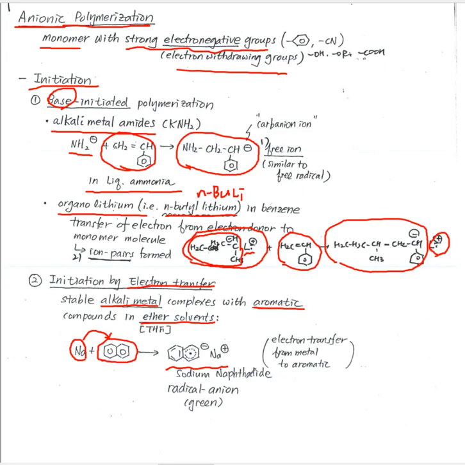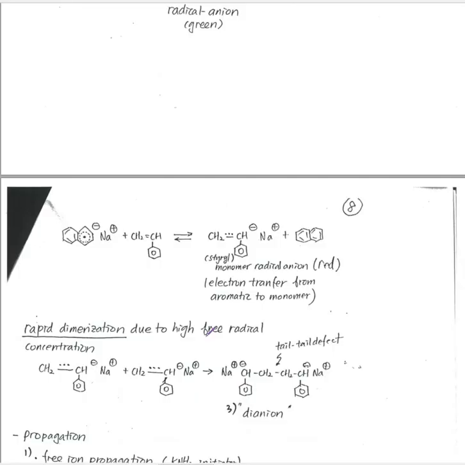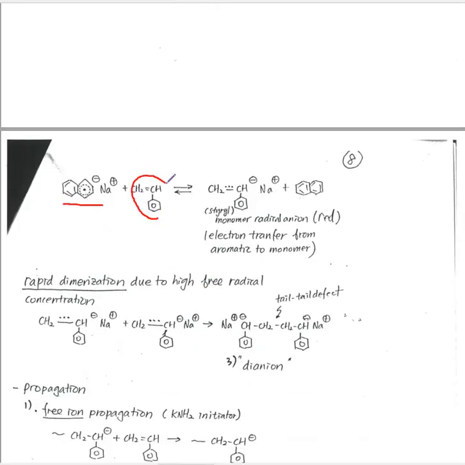And then this sodium naphthalide radical anion reacts with the monomer, forming a radical anion sodium ion pair and forming benzene. Since this is not a stable structure, there are 3 electrons, 3 and 1, it is a radical anion, so they tend to react with each other, basically forming dimers, forming dianion,